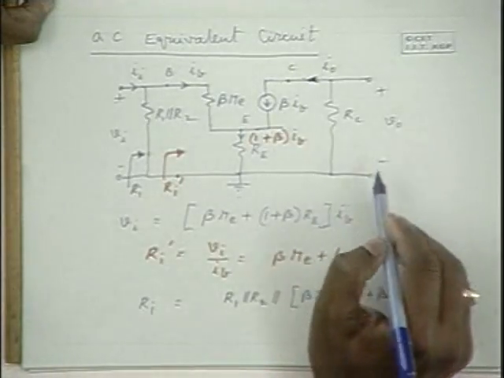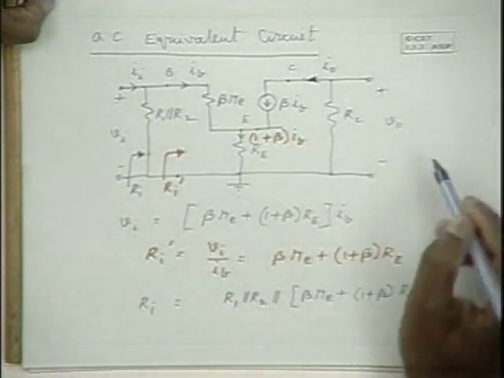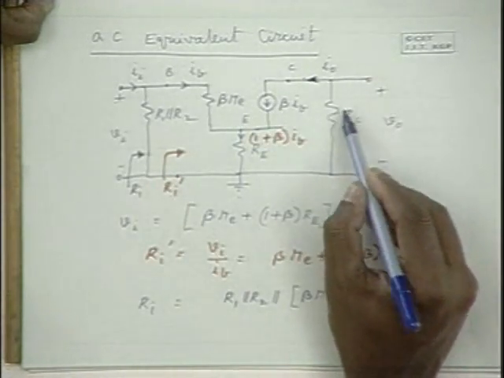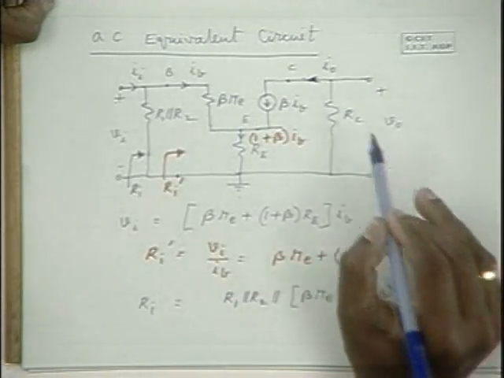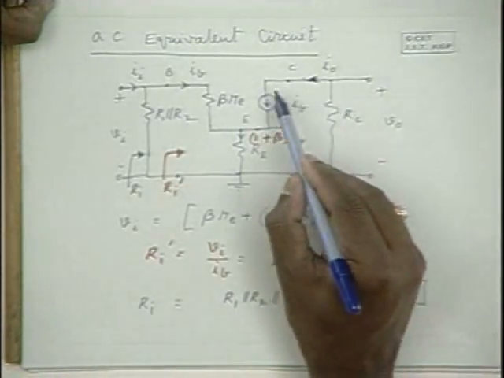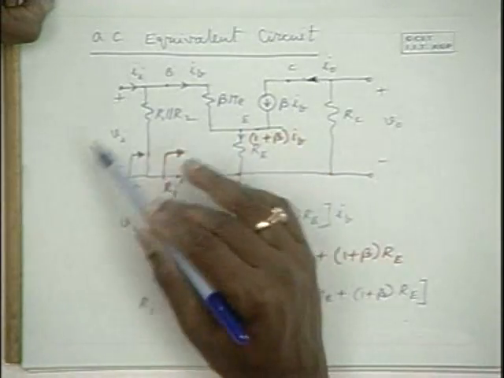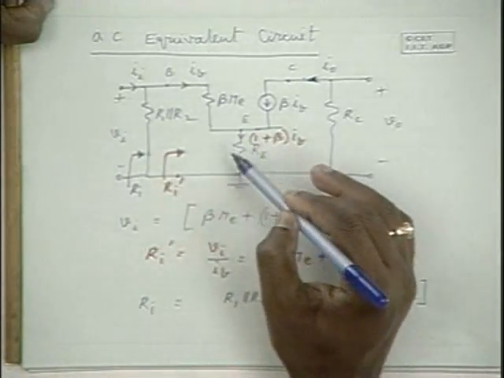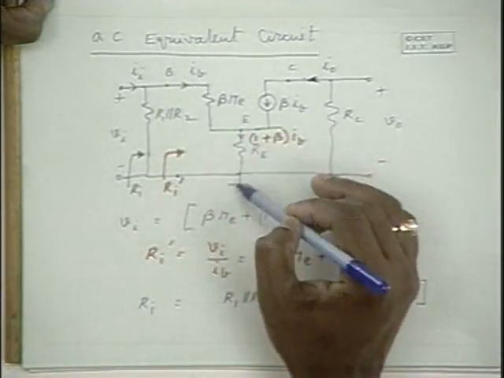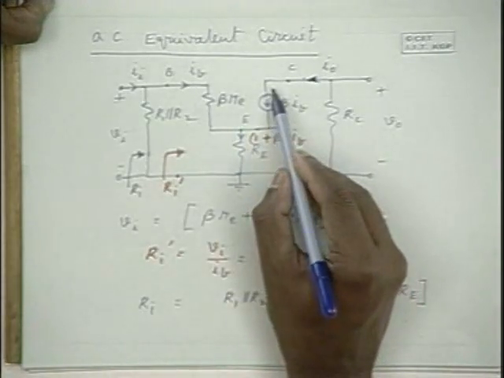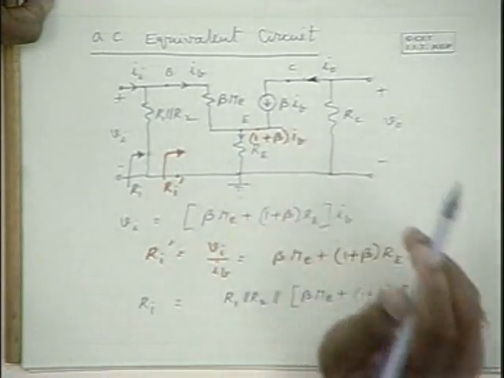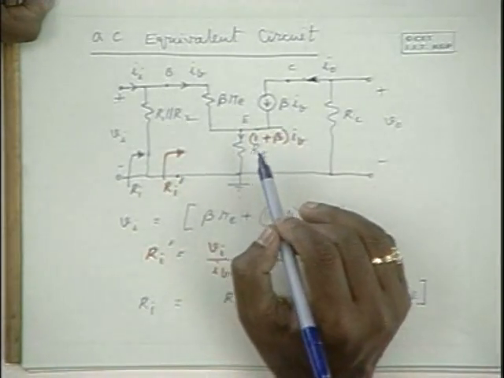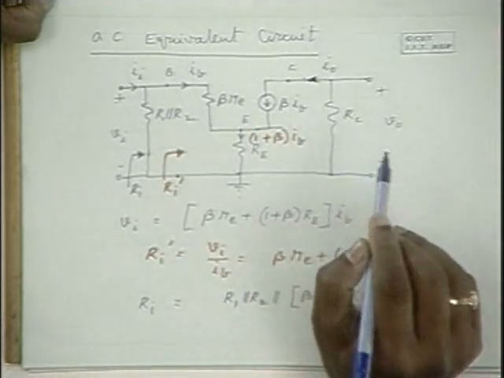If you include RC and apply a voltage source here and drive current, the current that flows is the voltage applied divided by RC, and this current is 0 because there is no driving input here. As a result, IB is 0, and when IB is 0, this is also 0, and there is no voltage drop across this, so this is like an open circuit. So any voltage applied here, no current flows through it. Hence RC is the